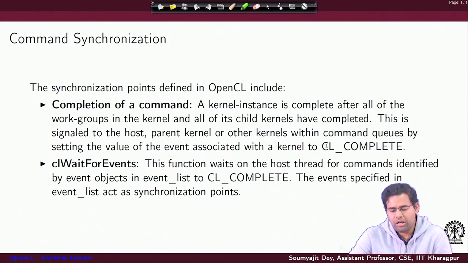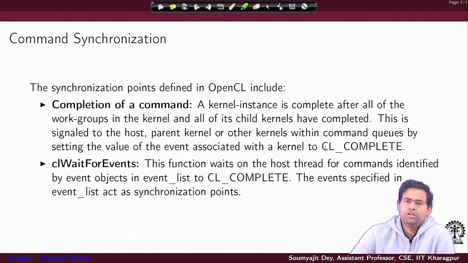So just to summarize, you have launched a kernel, and during that enqueuing operation of the kernel, you have got an event automatically associated to it, or you can actually specify which event to associate to it. That event status will be set to CL complete when all workgroups of the kernel, and also all workgroups of any child kernels, are complete. Only then the event associated with the enqueuing of the kernel will be set to CL complete.